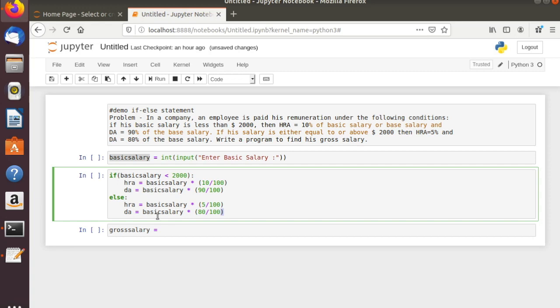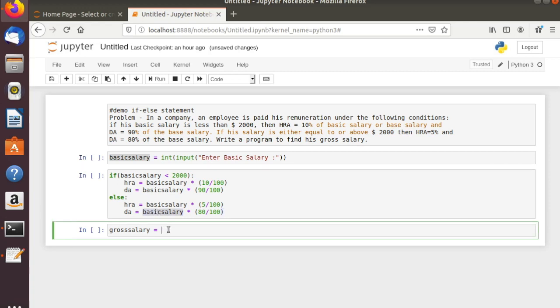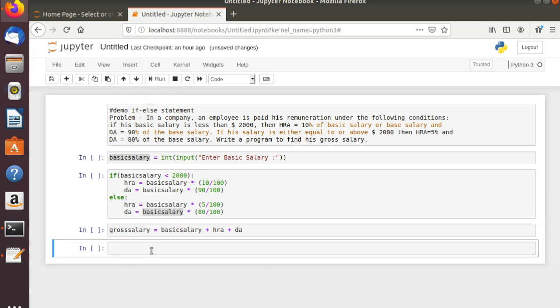the basic salary, this one, plus, since we calculated the HRA, plus the DA. So this will be the gross salary. Now we can print his salary slip, right? So let us do cell insert below, print. You can nicely print, let's say,